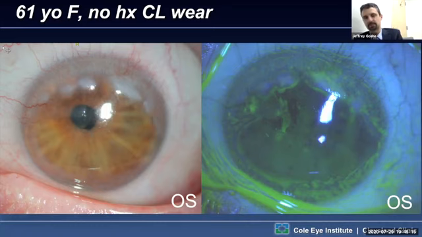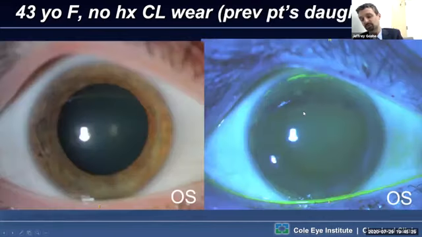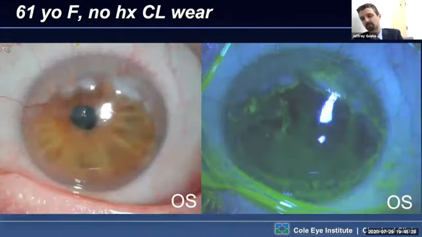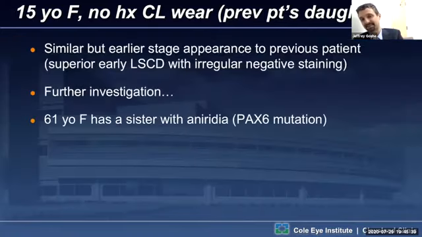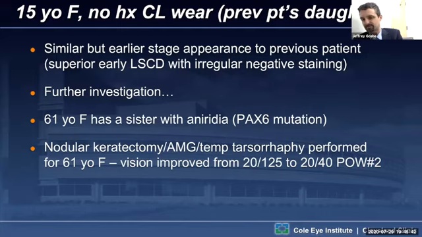circumferential staining, typically a very slow progression over time, and they tend to get these sort of multifocal nodular changes as well. But what's interesting is neither of these patients have any semblance whatsoever of the iris changes, which was also described in this paper by Kathy Colby, who was the lead author when they published on this finding. So not only that, these actually can be treated. So they don't have total limbal stem cell deficiency in many cases. So I did end up doing essentially a nodular keratectomy to help with the epithelialization, amniotic membrane, and tarsorrhaphy, and the patient was able to improve back to 20/40, which was near her baseline, and she was able